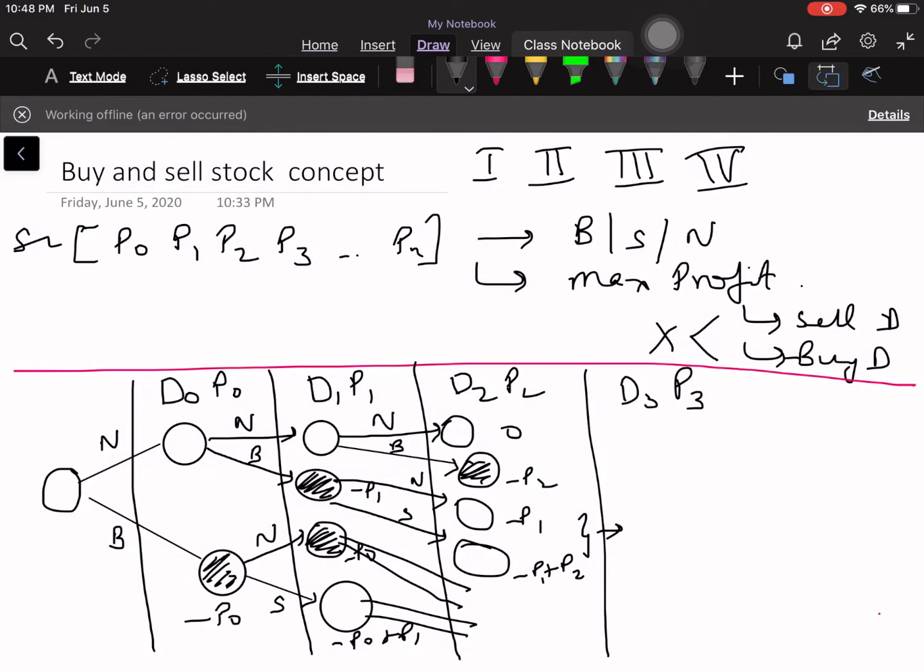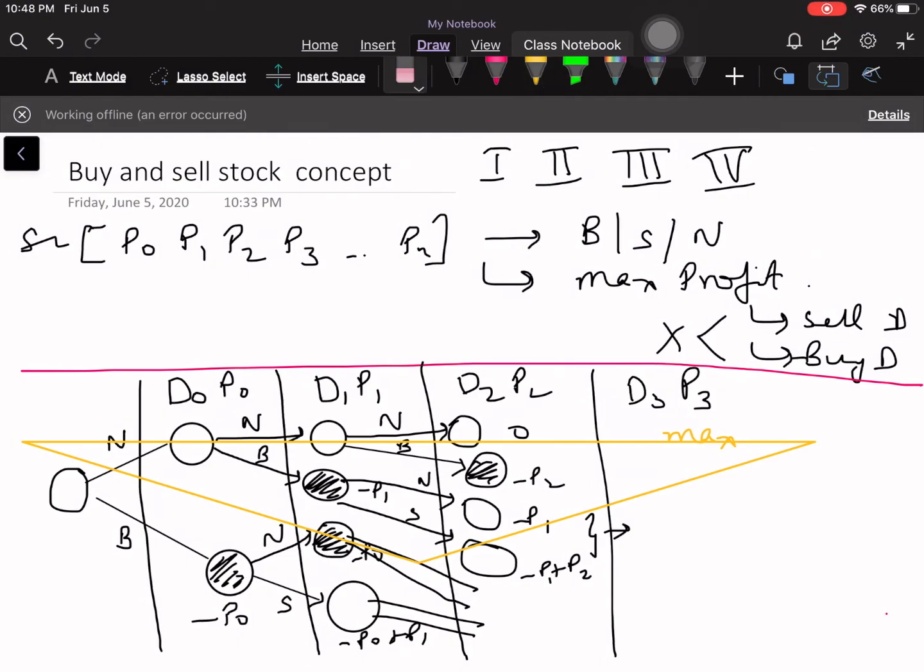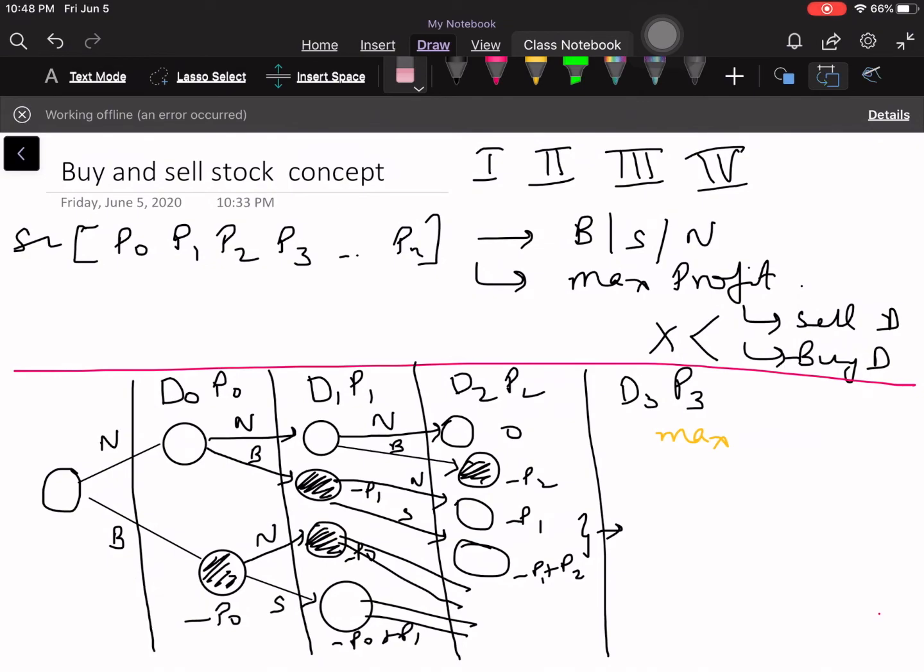Now how are we solving this? The only thing we have to figure out is, given all these paths, let's say this path we are tracing is one path, and this is another path. All we have to say is, what's the max profit